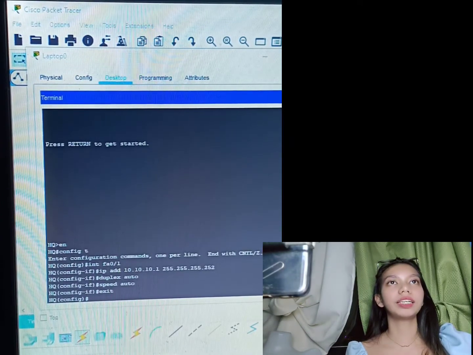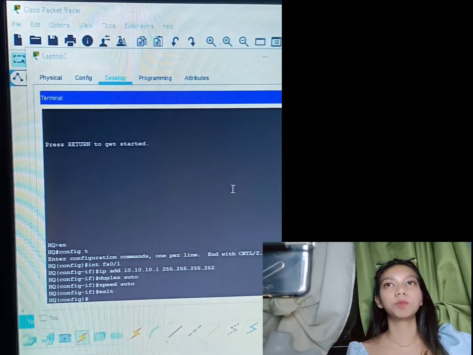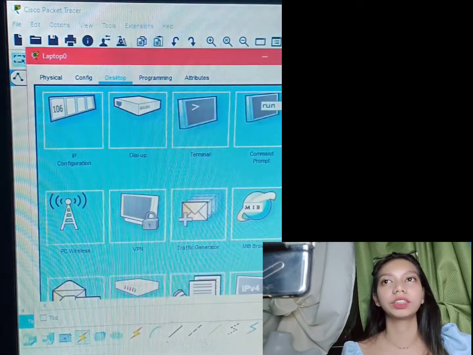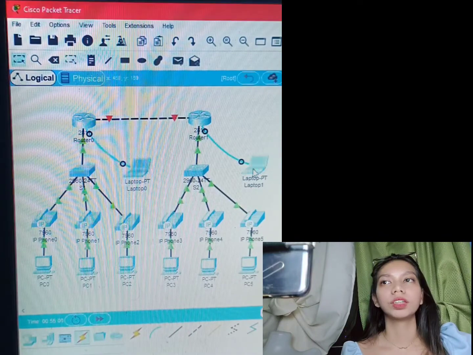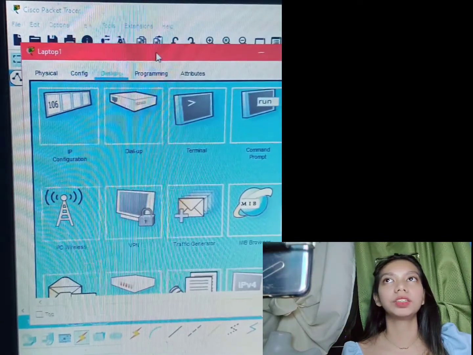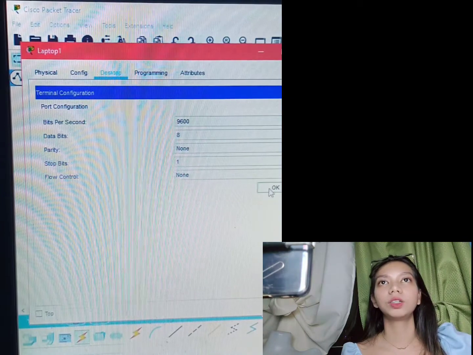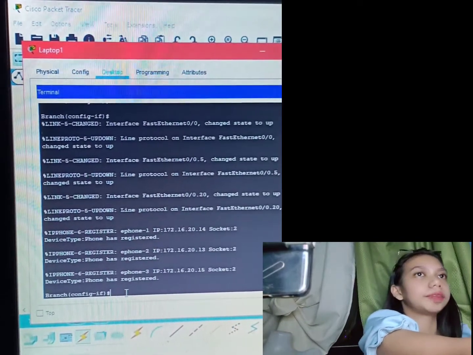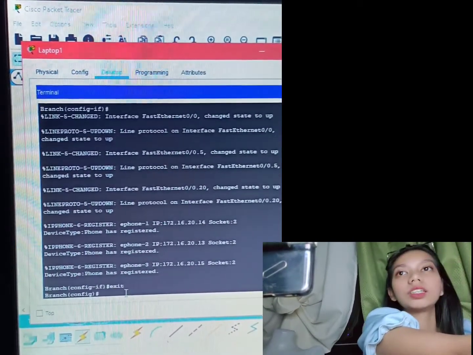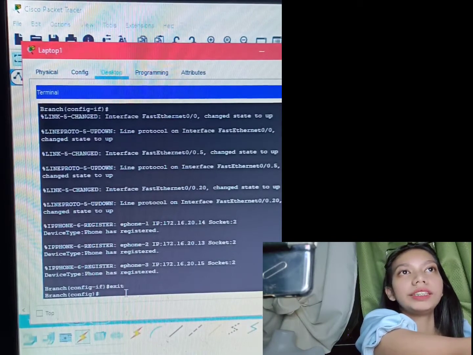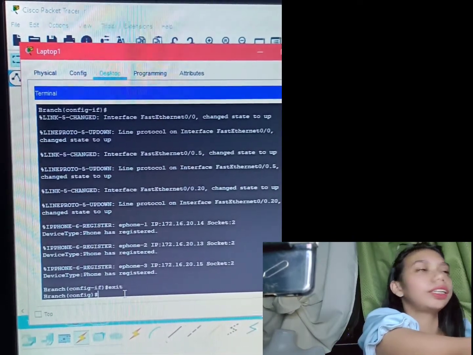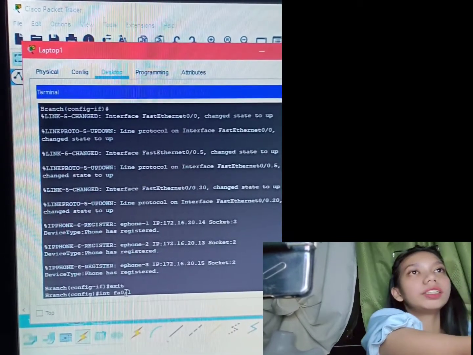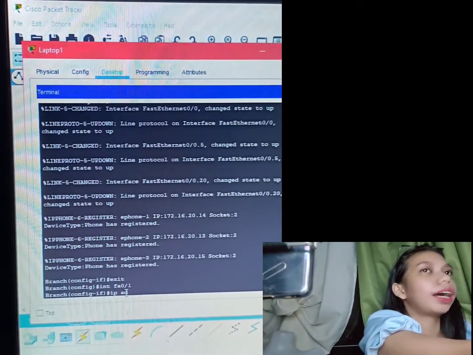After configuring the HQ, let's now proceed to the branch, which will do the same as the HQ or headquarters. Here, press the laptop, then terminal, okay, then exit, then config, then in FA 0/1, then IP add